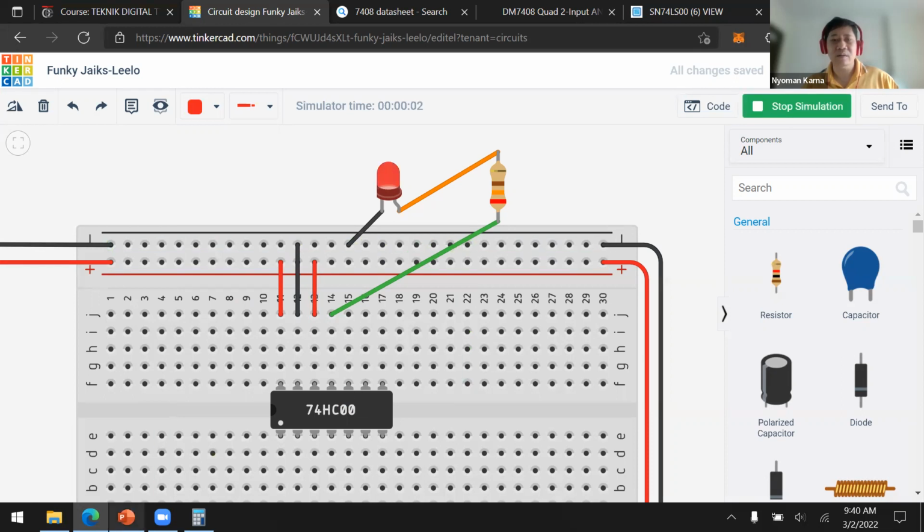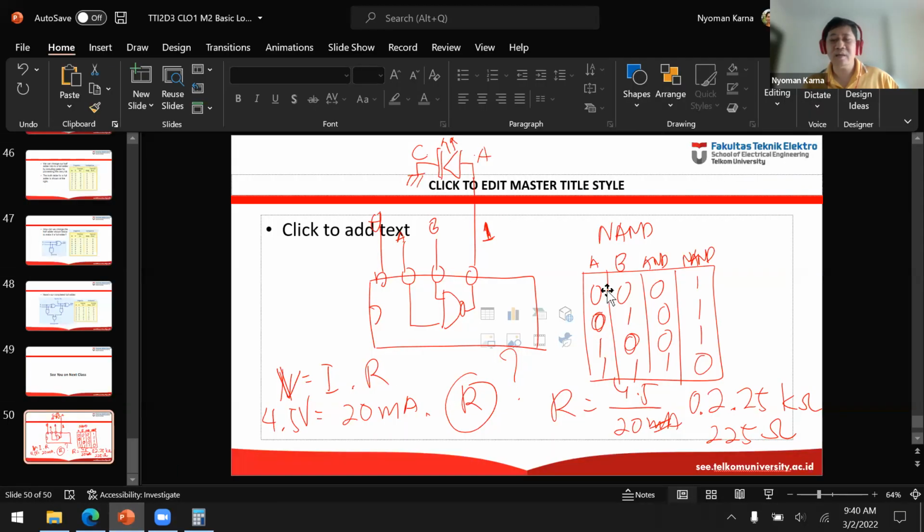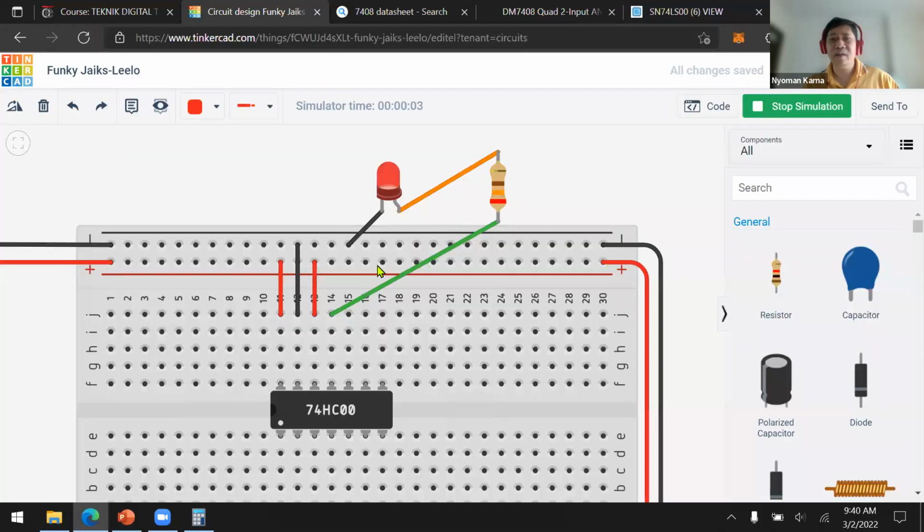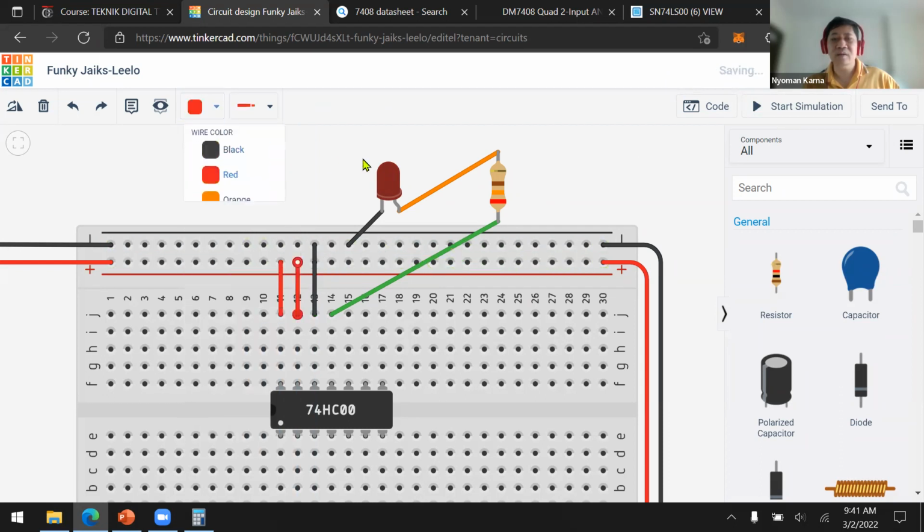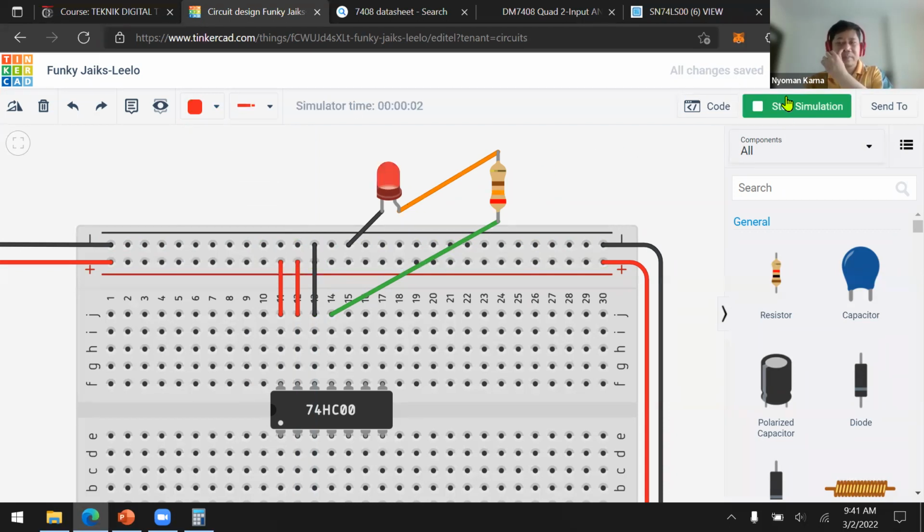Still on. That's because A is still 0. Now how about if I put this one in 0 or ground, but this one is the one who becomes plus 5 volt. Still on.